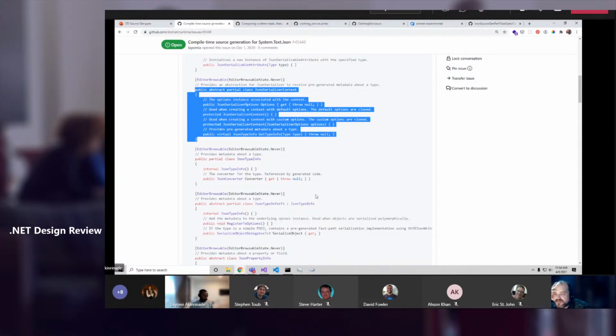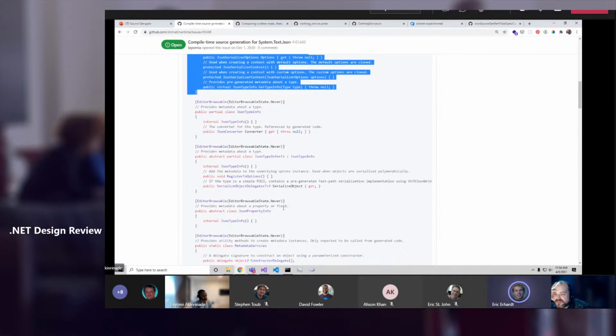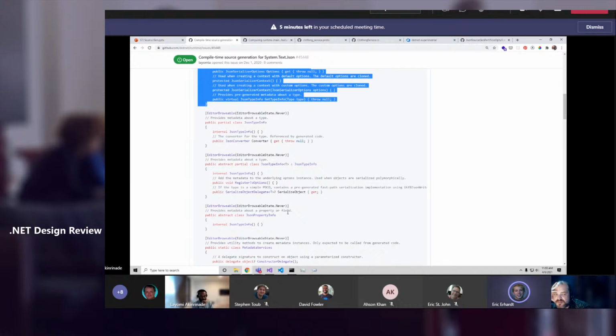But that strategy is never going to change. We can't break any of this. We can never change behavior. We can never delete one of these things or rename them, because people are going to source gen their stuff and then ship that assembly, and then if in .NET 7 we change something, now it's broken. So whether somebody's going to use it or not, it's not going to change our strategy for how we version this stuff. Yeah, I do agree, but